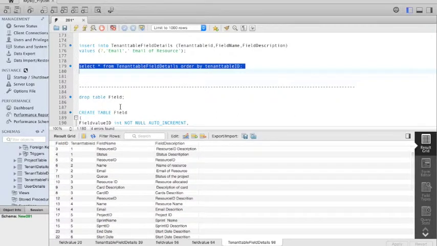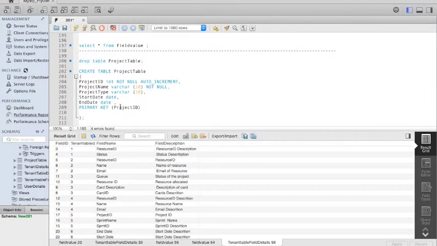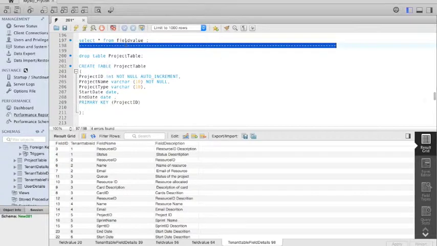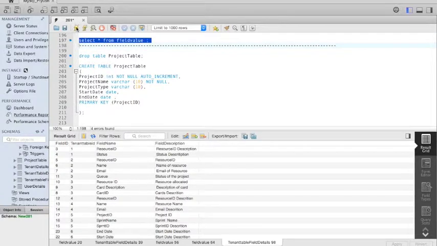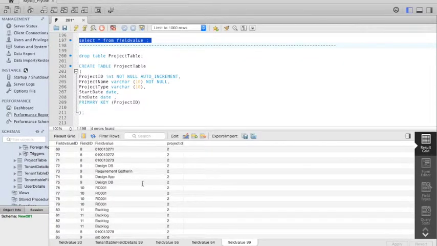All the field names we have used in the multi-tenant schema are going to be available here, and all the values we put on these field names will be entered in the table field value. So now we are going to execute the field value table. We will see all the details which are available here with the values. These are differentiated by the table name, the field values and the field name.